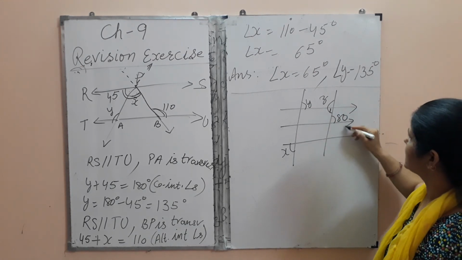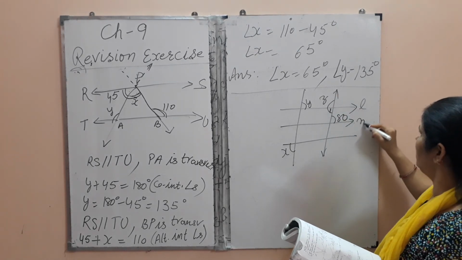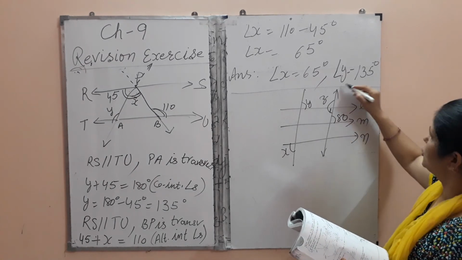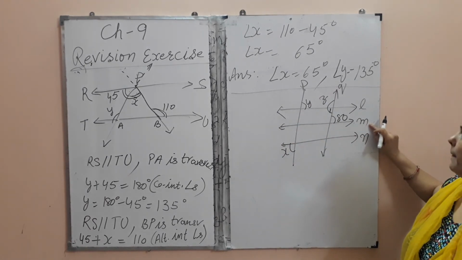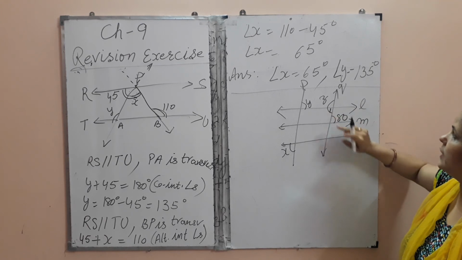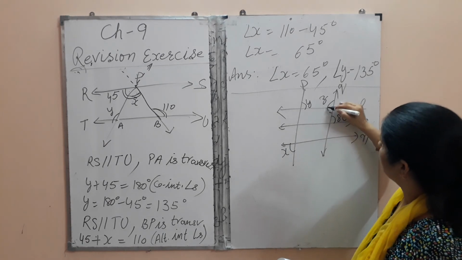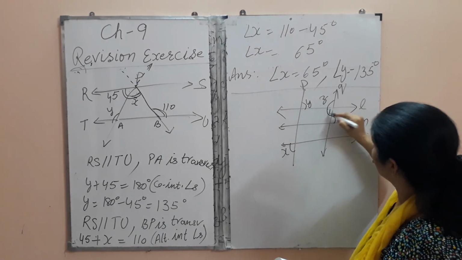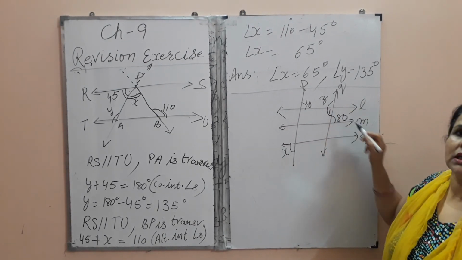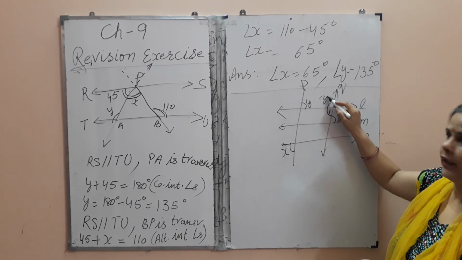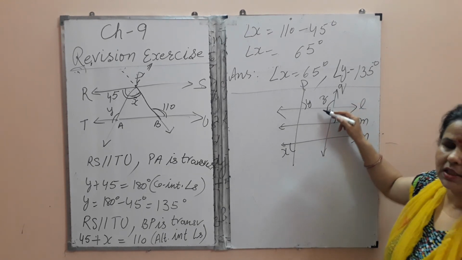We will take this and this, both lines are parallel, and this is the transversal. So this is L, M, N, and this is Q and P. Okay, so we will write L parallel to M and Q is the transversal. So angle 1 equals 80 degrees, alternate interior angle. So Z we will find out by linear pair. Angle 1 is 80 degrees, we have proved by alternate interior angle. Now Z plus 1 is 180 degrees, linear pair. So Z will be 100 degrees. 180 minus 80 equals 100.